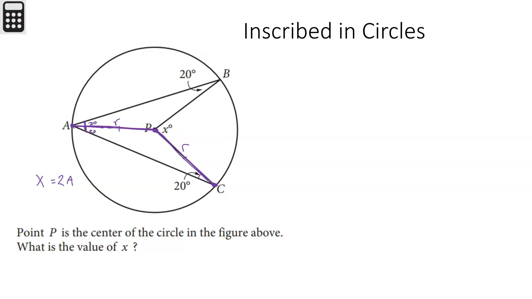20. So what's the measure of angle A? 40. And if x is going to be twice that, what's the measure of angle x? 80. Not so bad. Equilateral triangles, inscribed angles. Inscribed angles are